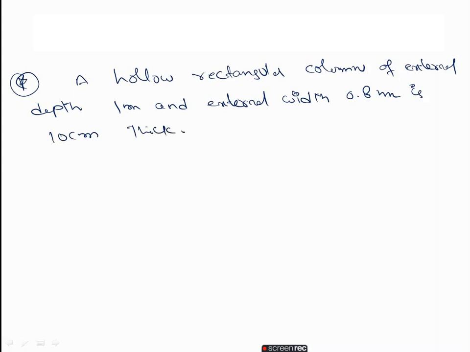The hollow rectangular column of external depth 1 meter as well as external width 0.8 meters and thickness 10 centimeters. Calculate the maximum